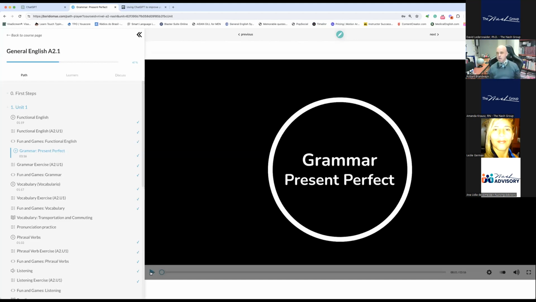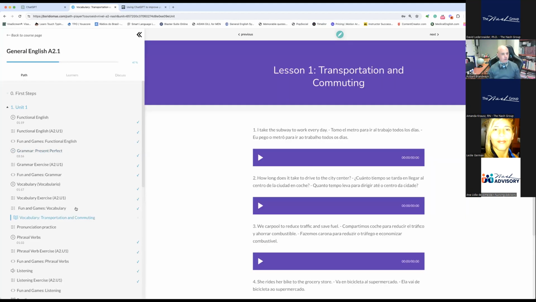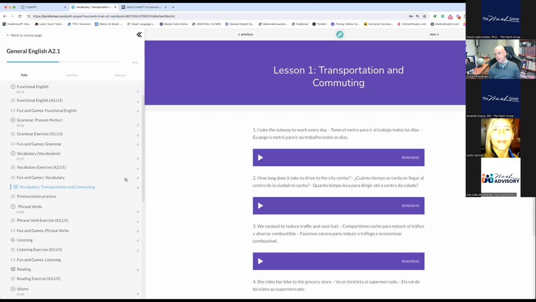And technology has allowed us to give you possibilities. Ahorita nosotros tenemos la posibilidad to introduce, for example, audio prompts. Ahorita ustedes también tienen la posibilidad de tener estos prompts de audio. I take the subway to work every day. Here's in Spanish, here's in Portuguese. Okay, so you can listen to it, you can produce the pronunciation. Our teachers will grade you or give you feedback. Nuestros profesores los van a corregir, les van a dar feedback.